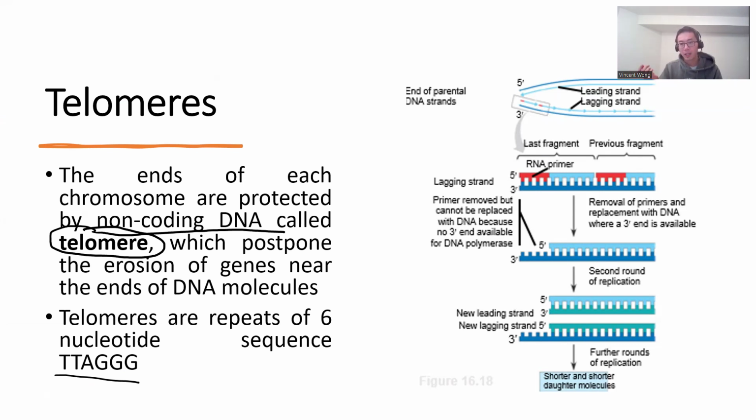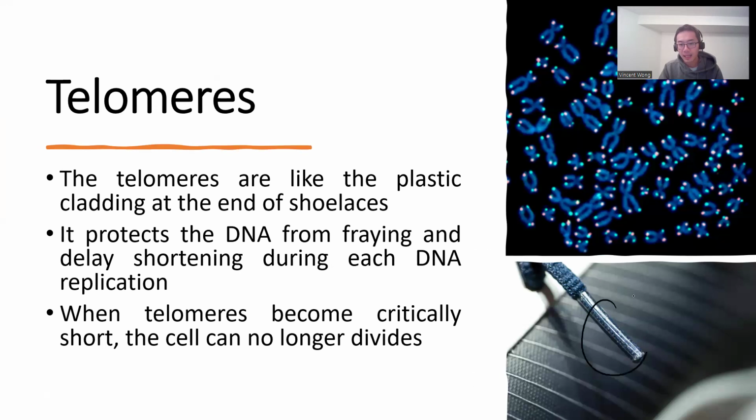Okay? So you can think of the telomeres as the plastic thing at the end of your shoelaces. Let's say every time you tie your shoelace, we cut off a little bit of the thing. That's okay. You're not going to affect your shoelaces. You cut it off, cut it off, cut it off. But eventually, if the whole plastic thing is gone, then the shoelace is going to start to fray, right? And it's going to damage the shoelace, right? And that's what happens. The telomeres protect the DNA from fraying, and they delay the shortening of critical information